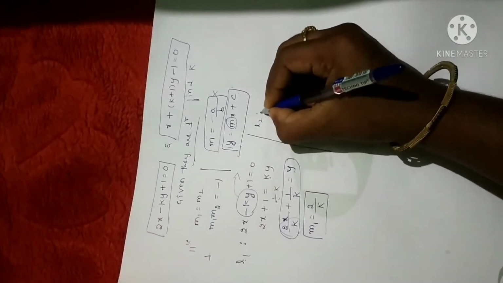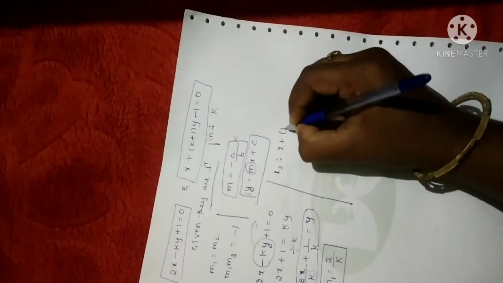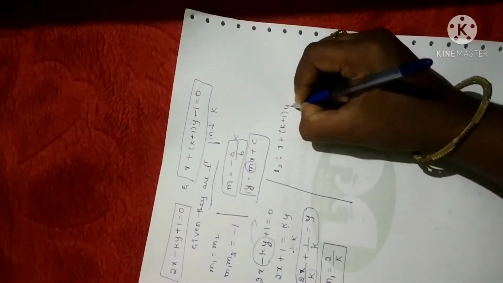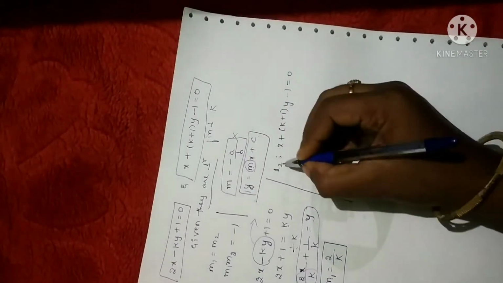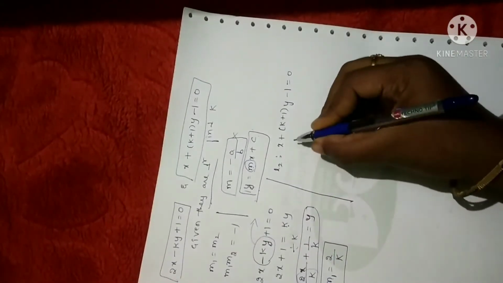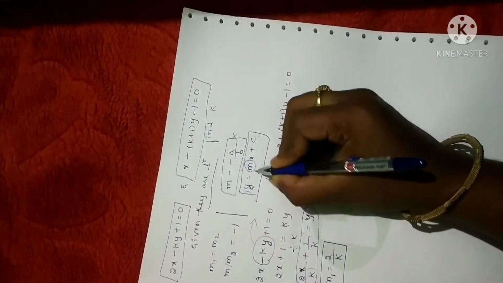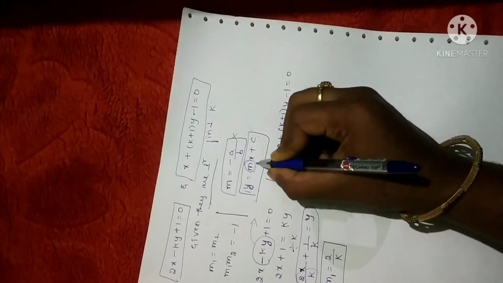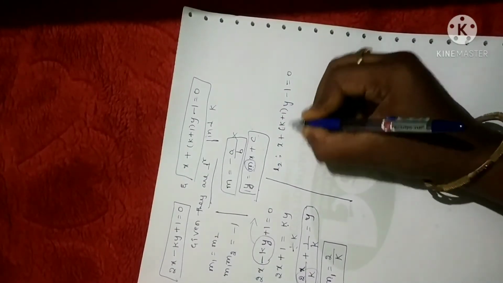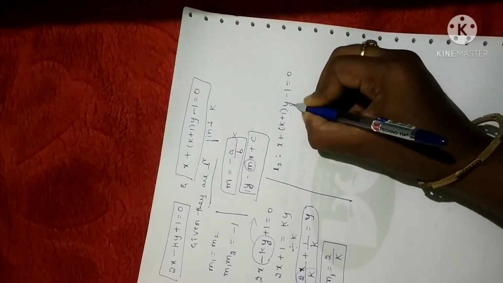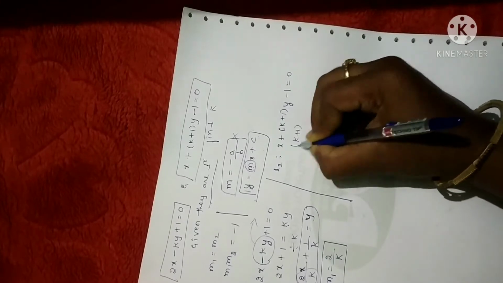Let me consider the second line. I'll rewrite the line once again: x plus (k plus 1)y minus 1 is equal to 0. This is L2. Now what we have to do is convert this into its standard form. What is the standard form we have? y is equal to mx plus c. Now I'll keep this term as it is. Why? Because I need the value of y. Moreover, the sign for y is positive, so I'll keep this term here itself.